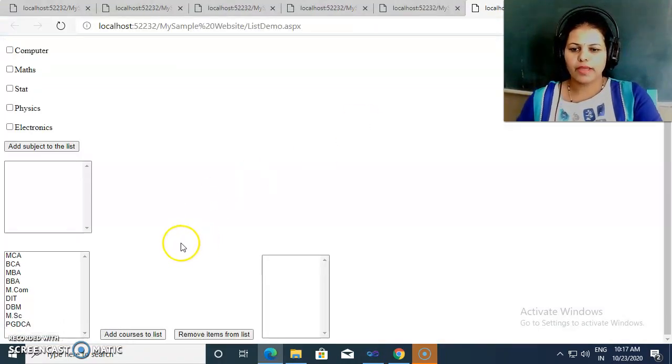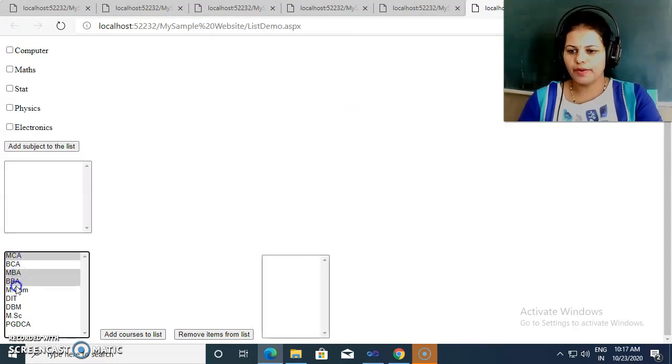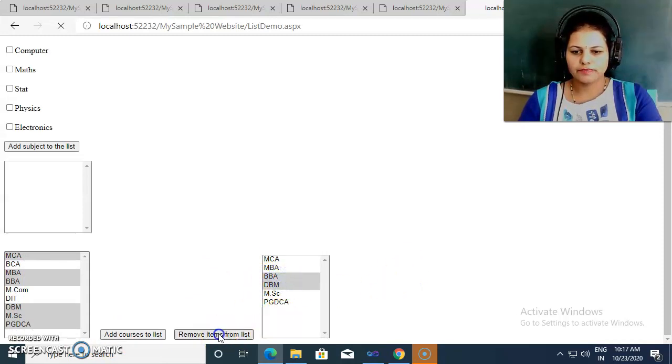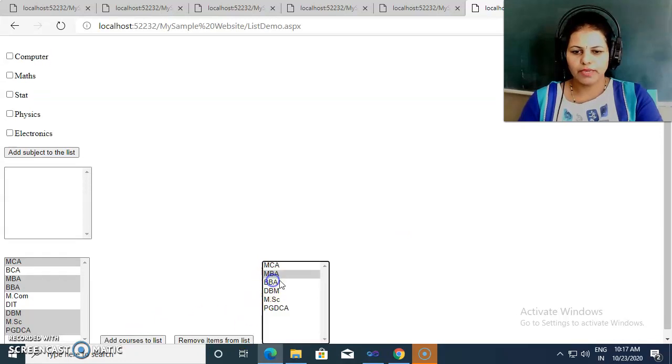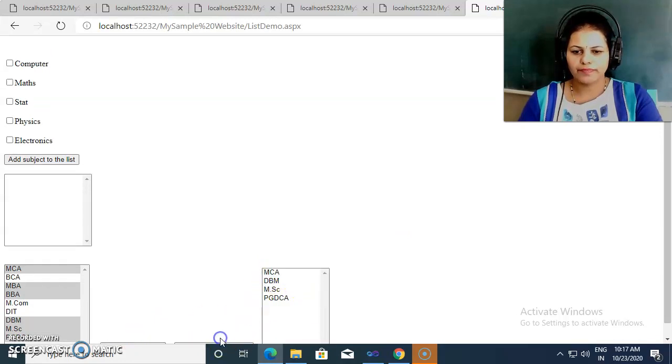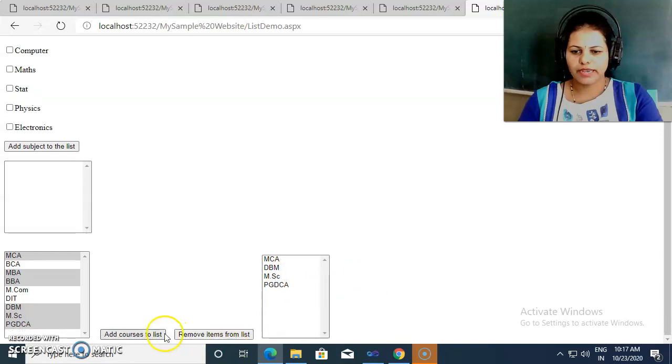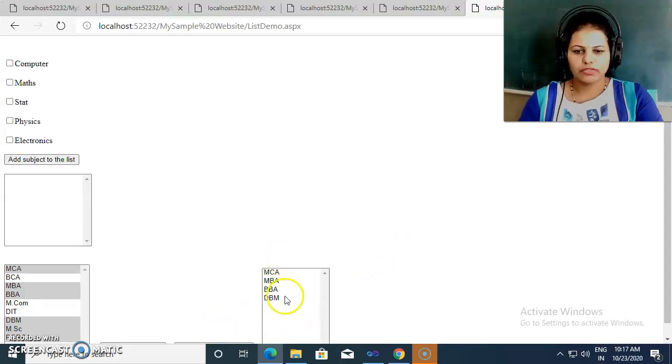By running this program, we check our output. I am selecting some items. Then if I select and remove, I am selecting MBA and BBA. So these items are correctly removed. If I select MSc and PGDCA, then those items will be removed correctly.